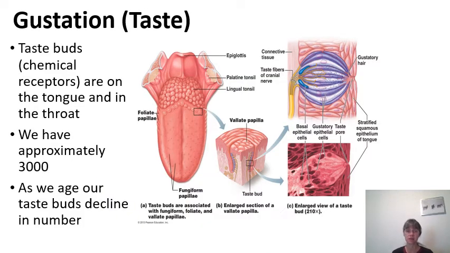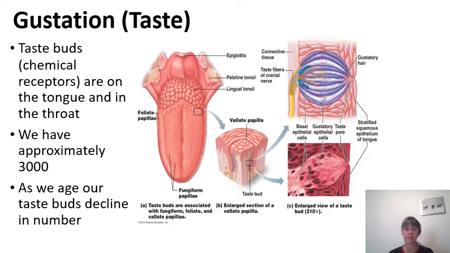We're going to start our journey of special senses with gustation, which is taste. And taste buds are basically chemoreceptors that are found on the tongue and in certain areas of the pharynx, which is your throat. We have approximately 3,000 taste buds that end up declining as people get older. Taste buds are usually most commonly associated with specific structures,